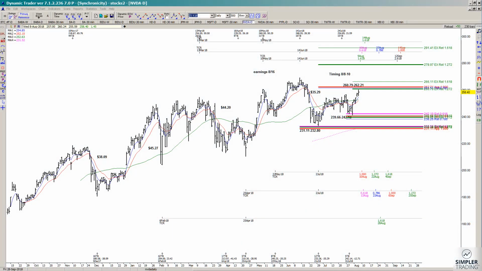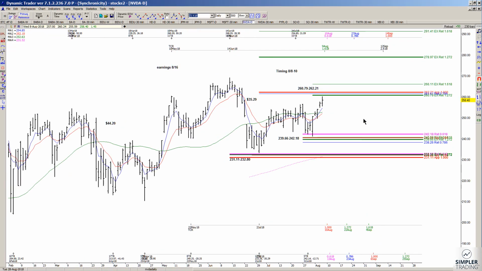In today's video, we're going to take a look at NVDA and BABA. This is more to talk about managing a trade. Now, the last setup that we had in this one was a price cluster zone that came in at the